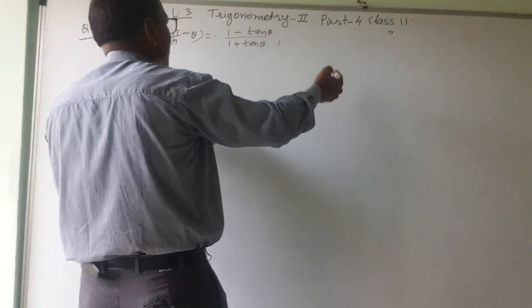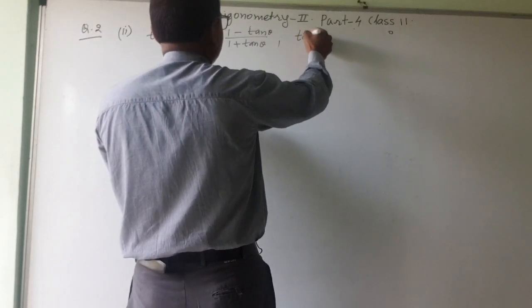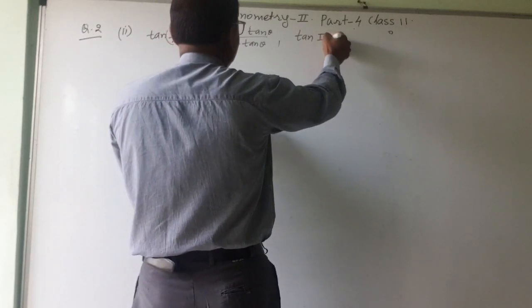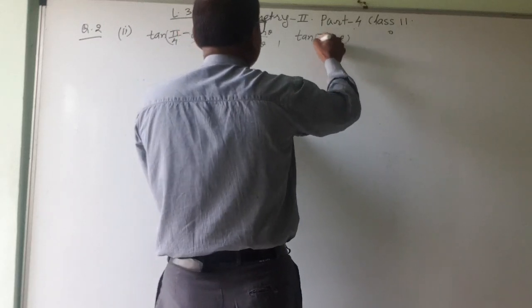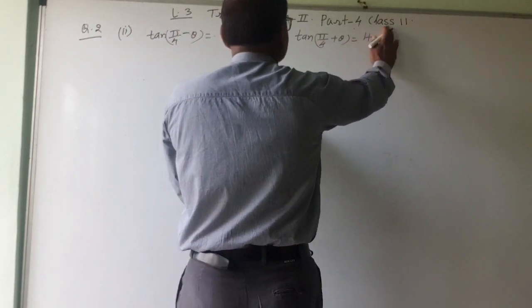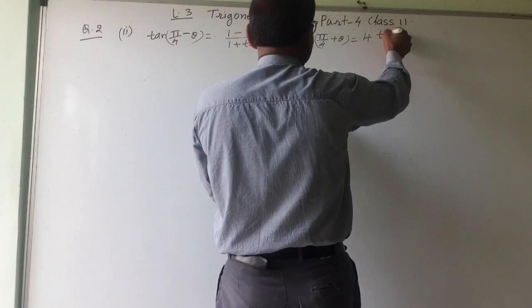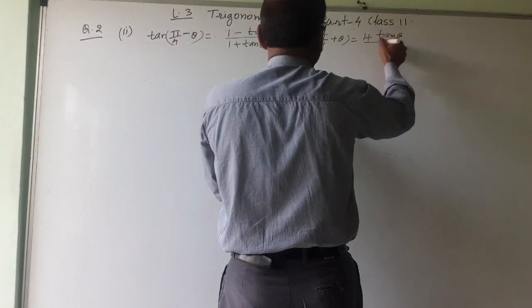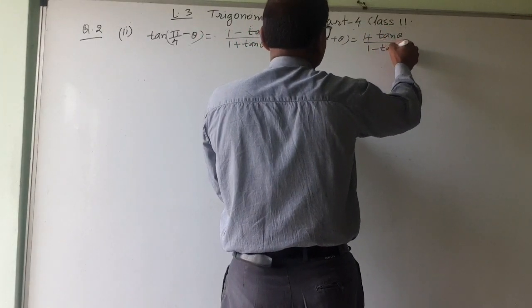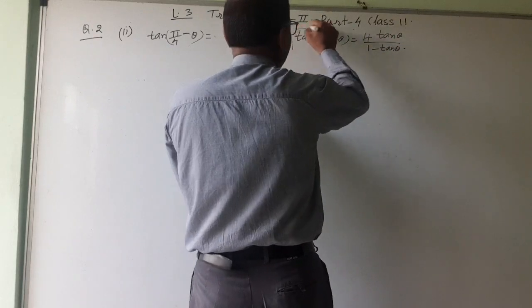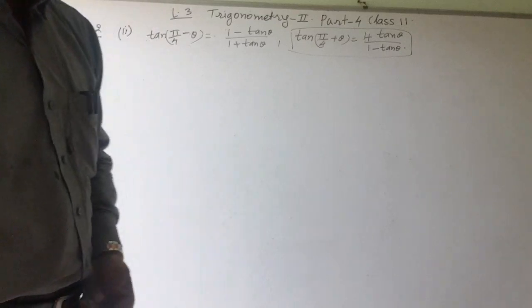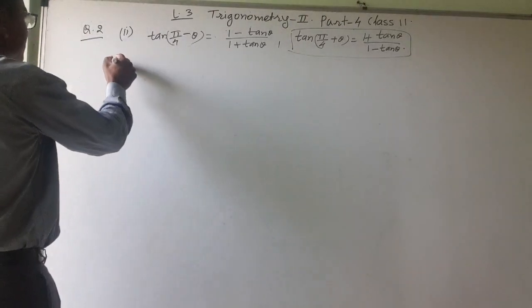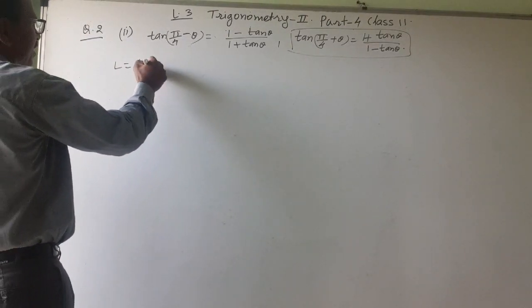And similarly, there would be another proof that I will leave for you. Tan of pi by 4 plus theta is equal to 1 plus tan theta upon 1 minus tan theta. This is for your homework. Prove this. So I will write LHS equal to tan of pi by 4